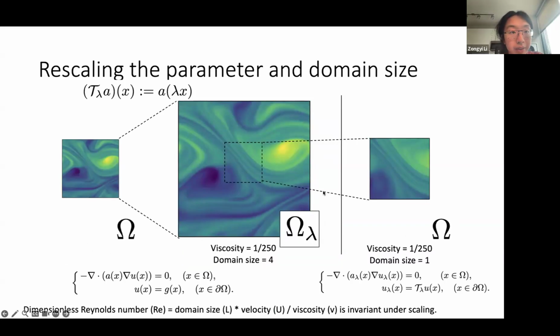So the idea is to rescale the parameters and domain size. Basically, we can do a change of variables, say we define y equals 2x. It will kind of just zoom these figures into a larger domain. But so far, it just has the same Reynolds number. When you zoom into the larger domain, it gets smaller viscosity.